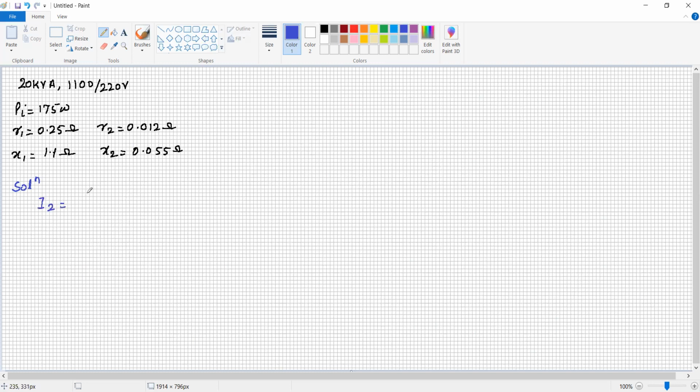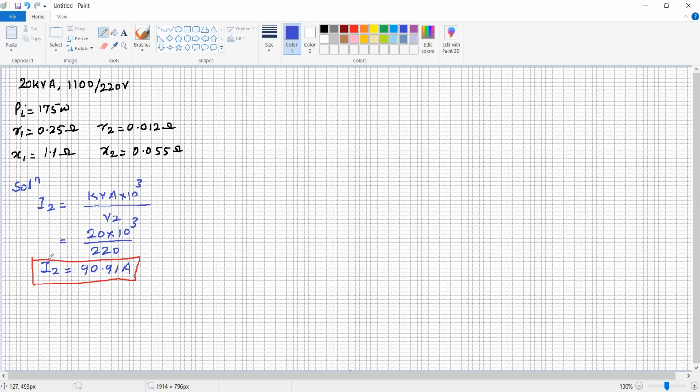I2 is equal to kVA rating into 10⁻³ divided by secondary voltage V2. Okay. So it is 20 multiplied by 10⁻³ divided by 220 equals 90.91 ampere. This is the value of I2. Okay. Now,